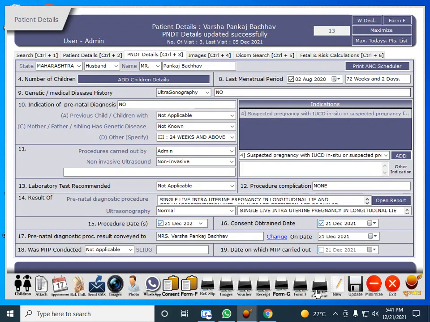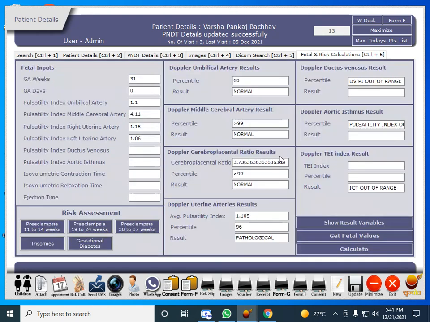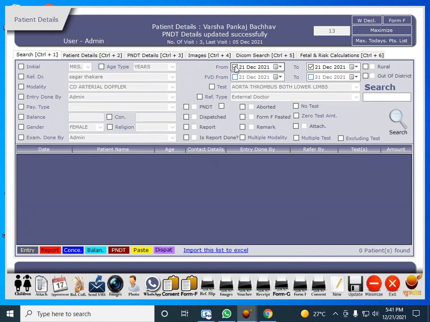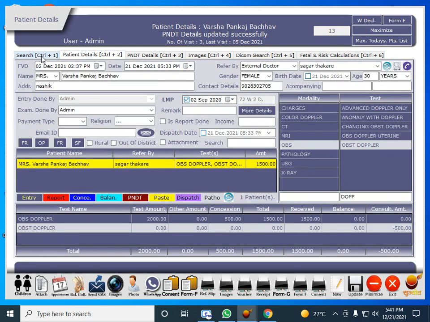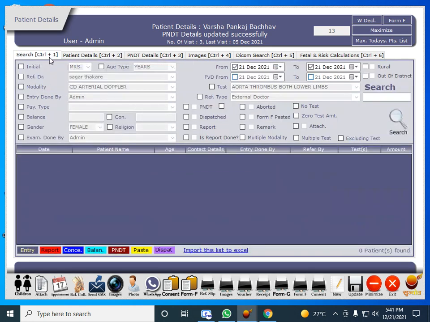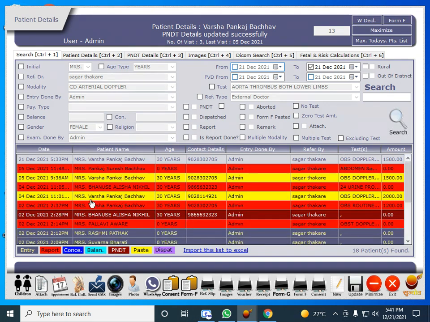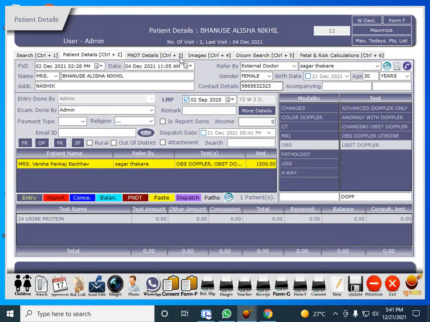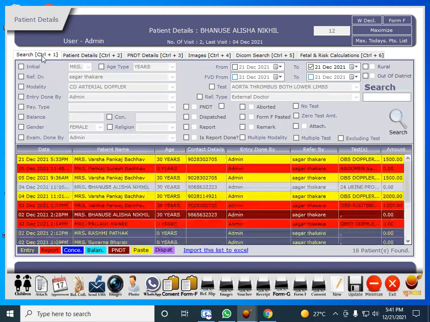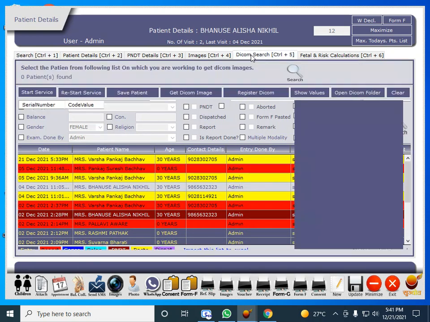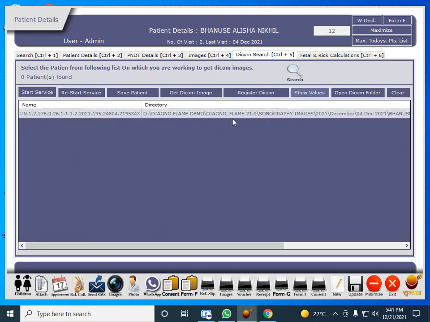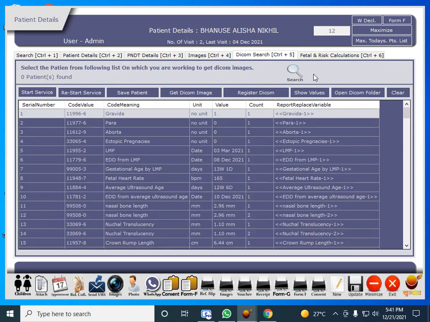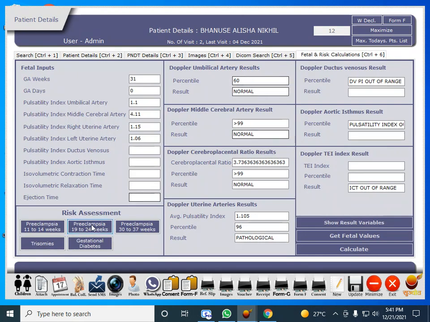We can also do risk calculation from this software. For this, you don't need to go to the Fetal Medicine Foundation website to calculate risk. For example, we just take one NT scan patient. We open this patient, we go to the DICOM search first, and after that, we press fetal and risk calculation.